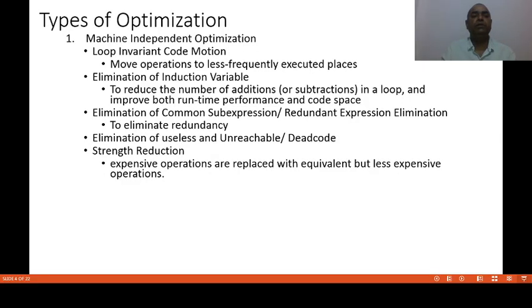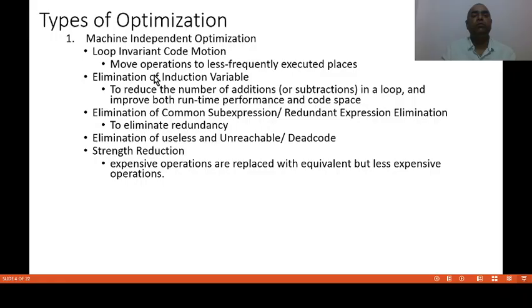Types of optimization. Actually, optimization can be divided into two types: machine independent and machine dependent optimization. In machine independent optimization, there is loop invariant code motion.